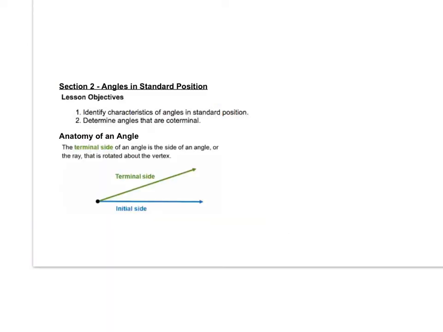All right, welcome back to section 2, and this is angles and standard position. So, what we've talked about before, we can draw any type of angle. It doesn't matter where those are oriented. We can draw the angle and measure the angle in degrees. But we're talking about the anatomy of an angle, and we have what's called a terminal side and